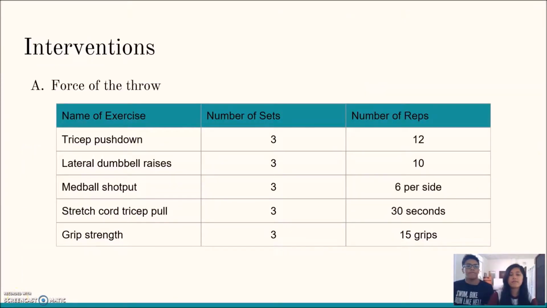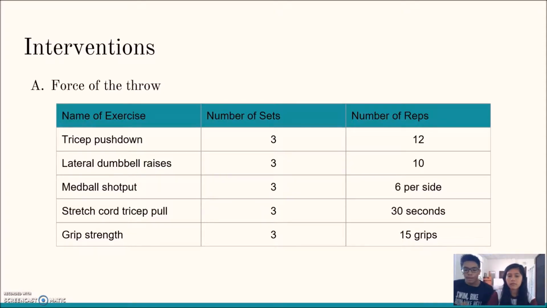So for the interventions, for the force of the throw, we focus on speed power. So we focused on a minimal number of sets and an average number of reps. For the exercises, we wanted to focus on exercises that mimic the actual throwing movement. So we put the tricep push down, lateral dumbbell raises, med ball shot put, stretch cord tricep pull, and the